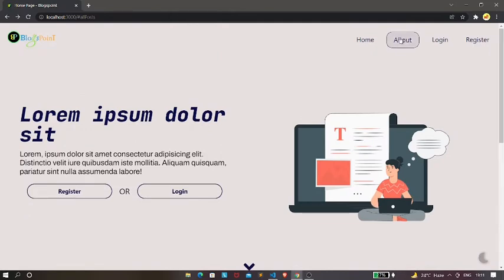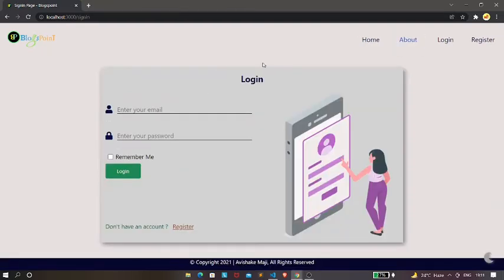Now if you try to click on this about me page, instead of leading you to the about me page, it will lead you to the login page. The reason is that currently you are not logged into the website, and hence over here we have a middleware. This middleware is preventing you from accessing the about me page. Once you get authenticated, then only you can access this about me page. Before logging into our website, we must first register the user.